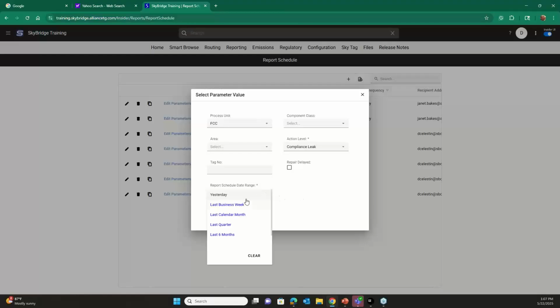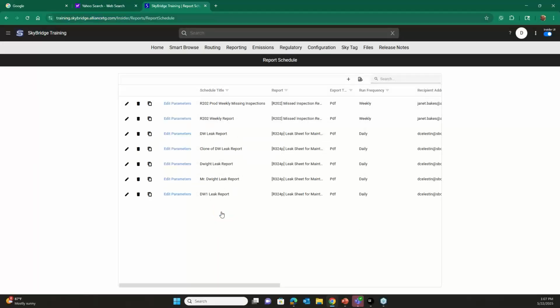And then here we go with the report schedule date range. So I want to start off. I'm just going to capture everything that was done last week and then save it. All right. Okay. So in this case,